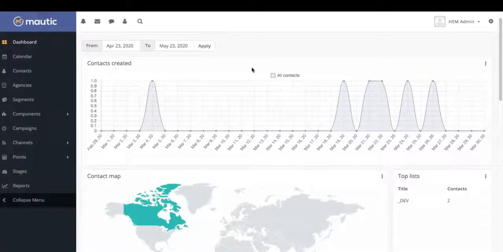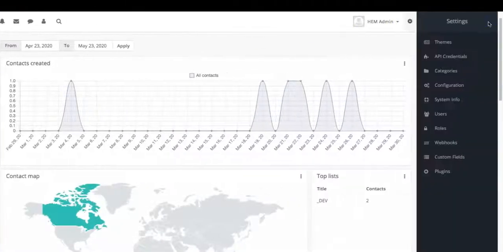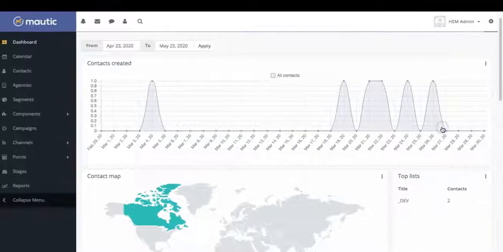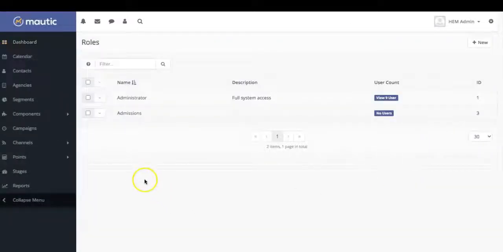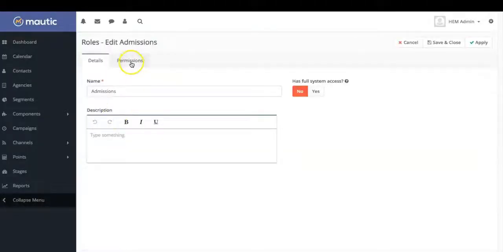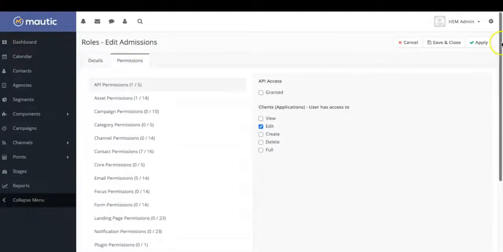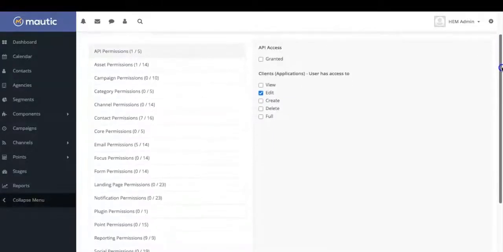Our topic is editing roles. To access roles, click on the setting wheel and then choose roles. By default in Mautic, you have two roles, the administrator one with full permissions, whereas the admissions one is with limited, of course, permissions. But you could edit this role by simply clicking on the edit button, then permissions, and here you could access all the features